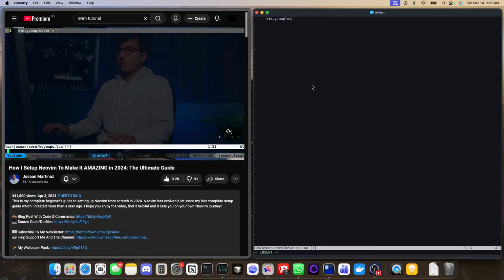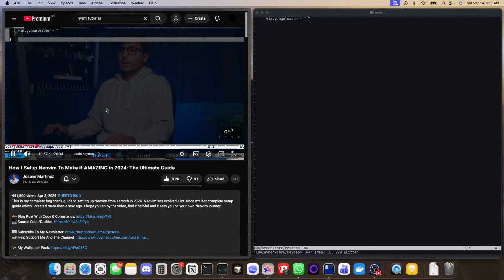vim.g.mapleader equal to space. Right. This, and I'm going to add the following. We're using this for conciseness. Then to set up